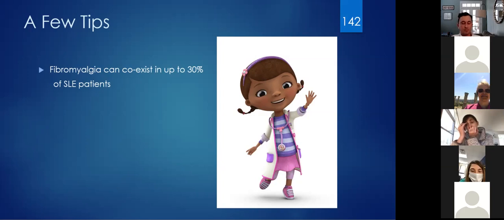Fibromyalgia can be a really debilitating disease and life-altering for patients in terms of quality of life, just like lupus. And just like lupus, it can pretty much manifest itself in any way. But what you don't want to do is treat fibromyalgia with lupus medication. So just be cognizant of this high incidence of coexistence between these two diseases.